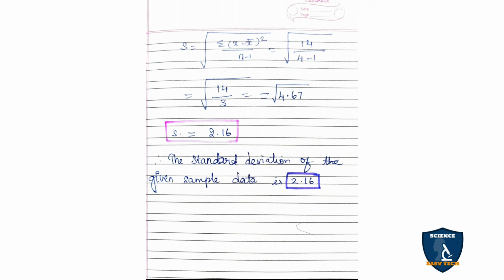Hope this video is clear for you all. I have given a detailed explanation. In my next video, I'll be posting on how to calculate standard deviation for discrete series or continuous data. And after that, I will be posting a video on variance also. If you take the square of standard deviation, it comes variance. It is also very easy. So after completing the standard deviation series, I'll be posting a video on variance also.